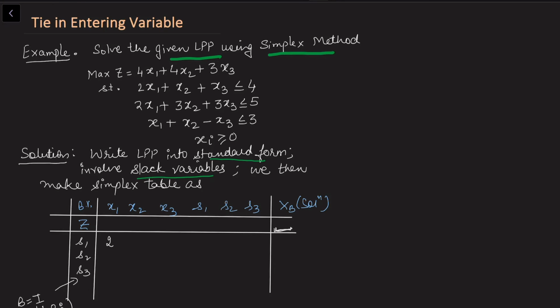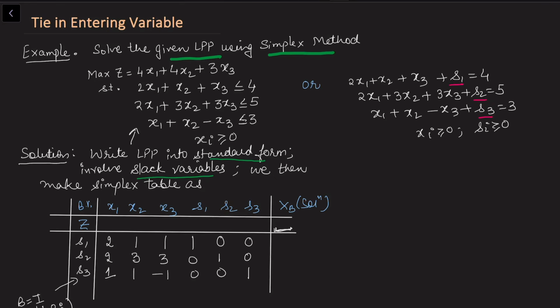So now just simply write down the coefficients from looking at the constraints: the coefficients of x1, then the coefficients of x2, and then the coefficients of x3, and then the slack variables, where s1, s2, s3 were the slack variables added in the first, second and third constraint respectively. Now we want to write down the z column, and to write down the z column I also need to look at what the cb vector is. Cb is the cost of the basic variables. Since the slack variable cost in the objective function is always 0, I write 0 into s1 plus 0 into s2 and 0 into s3.